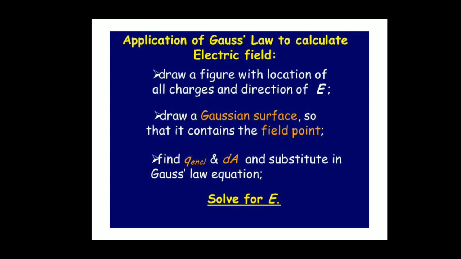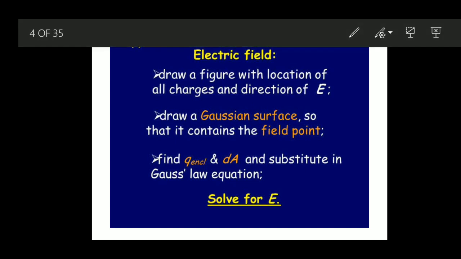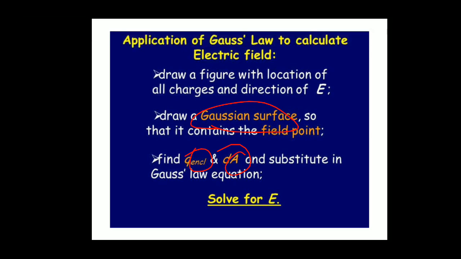Okay, once again, how to carry out the Gauss law application: first you have to draw the figure and locate where you have to find the electric field. Then the second step is you have to draw the Gaussian surface. Then you find out what is Q and what is the integral of dA. Apply in Gauss law, and you will get the answer. This is the method we have to follow to get the expression. Shall we go to today's topic, children?